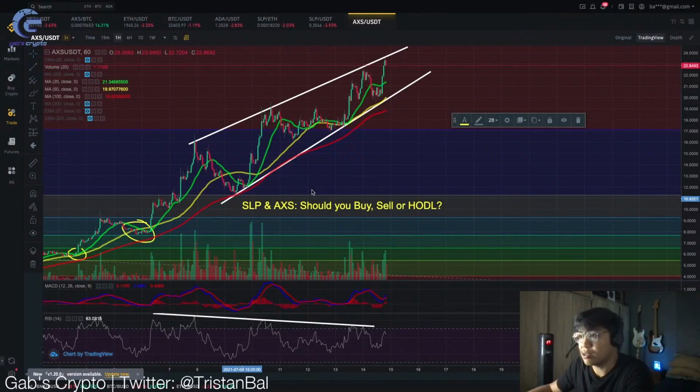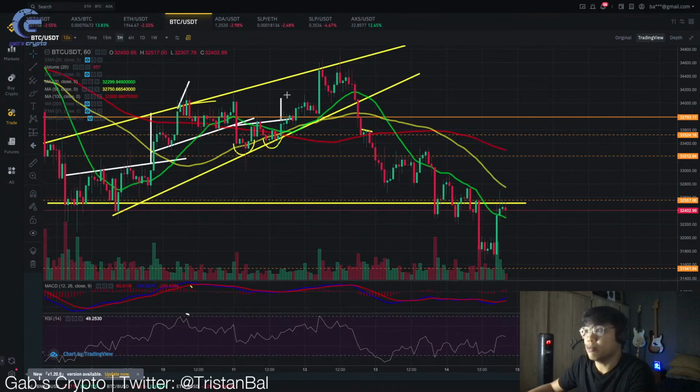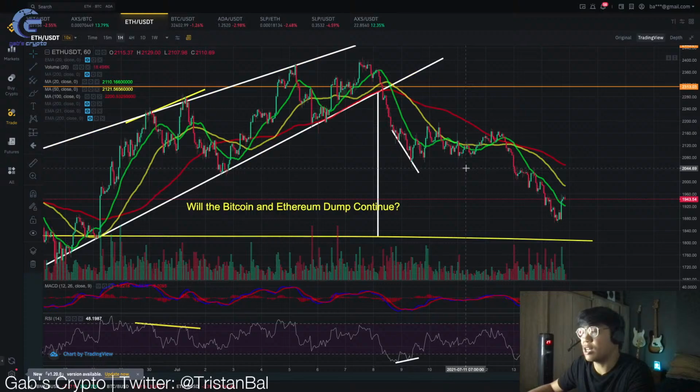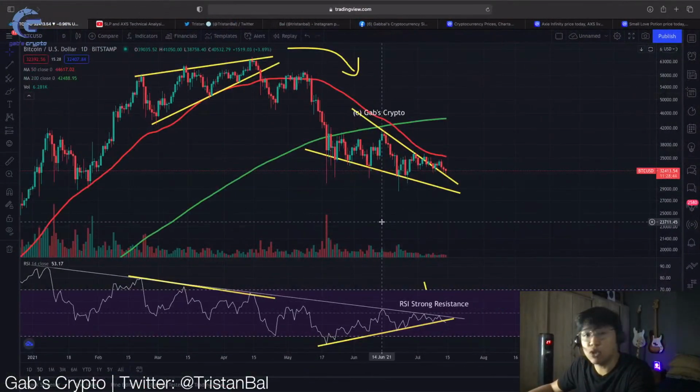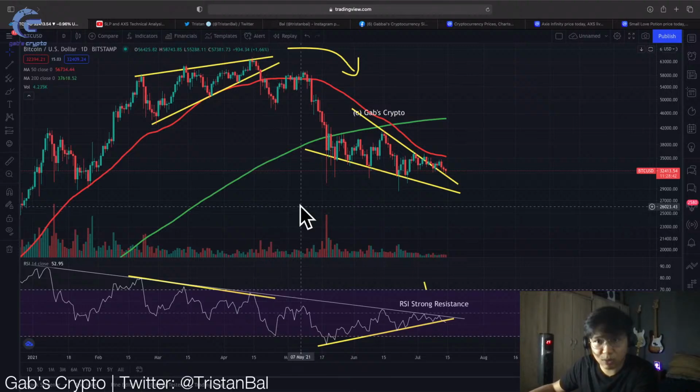As you all know guys, marami sa inyo ang tingin ko pumapasok na ngayon sa Axie Infinity na game. And I believe most of you are into SLP. And I think most of you are also new in the crypto space. And today I'll be giving you some technical analysis on the latest SLP and Axie movement, as well as in correlation niya with the Bitcoin and Ethereum price action. So in this video, we'll dive into Axie Infinity, SLP, Bitcoin latest action, the Ethereum price action, and then yung overall crypto market space, yung health ng ating crypto market.